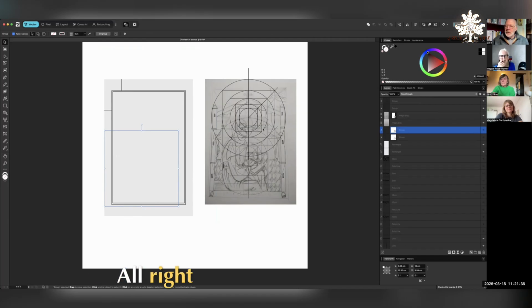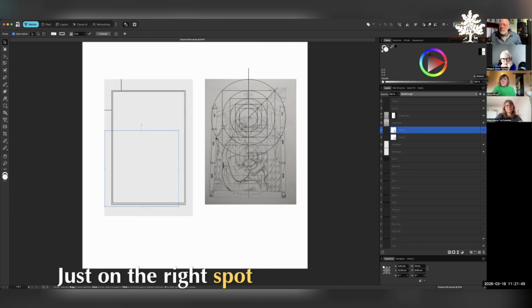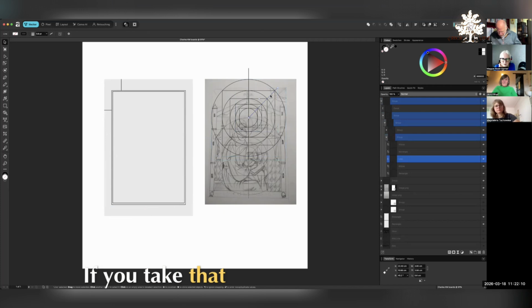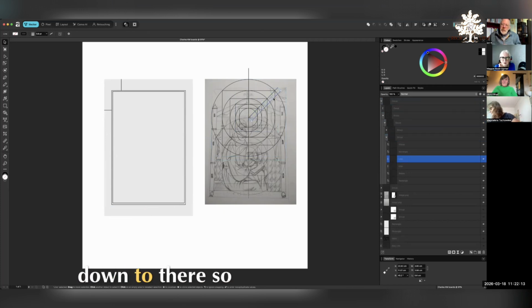All right. So it's like a structure that's confirming your own instinct. You look where you put where the curtains come to. It's on the right spot. Really brilliant. With that diagonal set to there, you can see how she's actually, you make a parallel with that line. This is what I mean, you can play with it. If you take that and just move it down to there, so it lines up